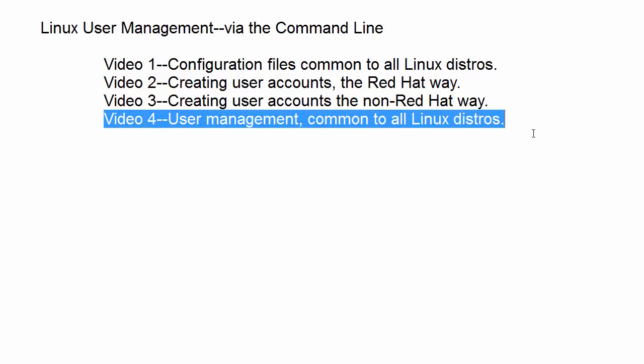Linux user management via the command line. And in this video, we're going to be looking at the user management utilities that are common to all Linux distros. The first two utilities that we are going to look at are related. They're the groupadd and groupdel. And as you might imagine, the groupadd is to add a new group to the system, and the groupdel is